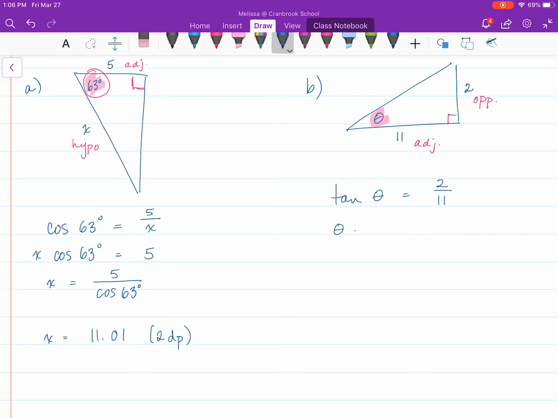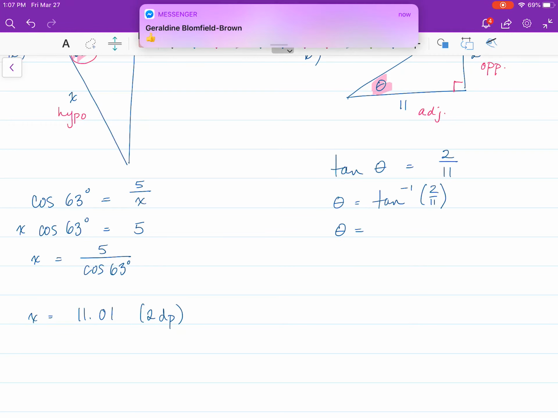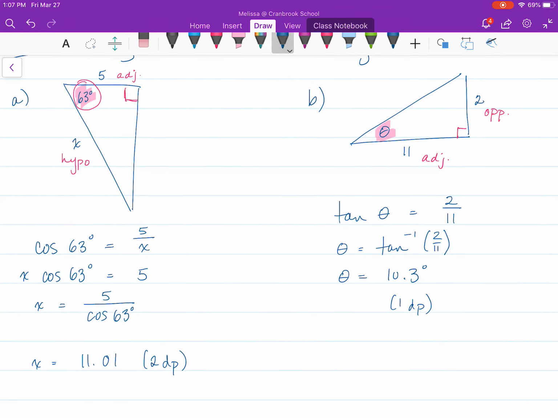And to find your missing angle, that's where inverse tan gets used, or if I had sine, inverse sine, or if I had cosine, inverse cosine. On your calculator, it's the tan -1, which you have to hit the second button first to be able to access inverse tan of 2 divided by 11. And again, you need to be in degree mode, and when you do so, when you calculate tan -1 of 2 on 11, you'll get 10.3 degrees, and that's rounded to 1 decimal place. And hopefully this gives you enough explanation that you can now complete